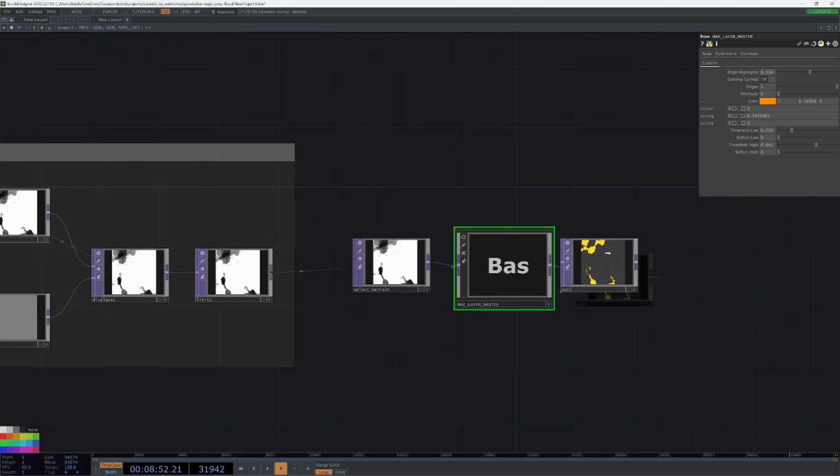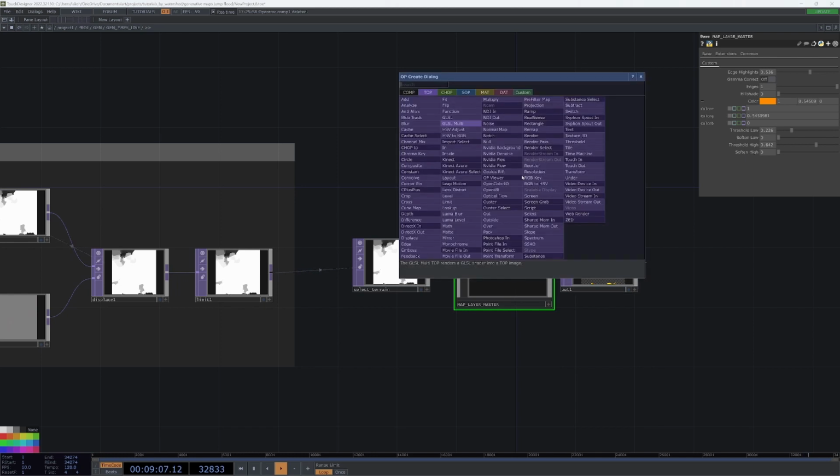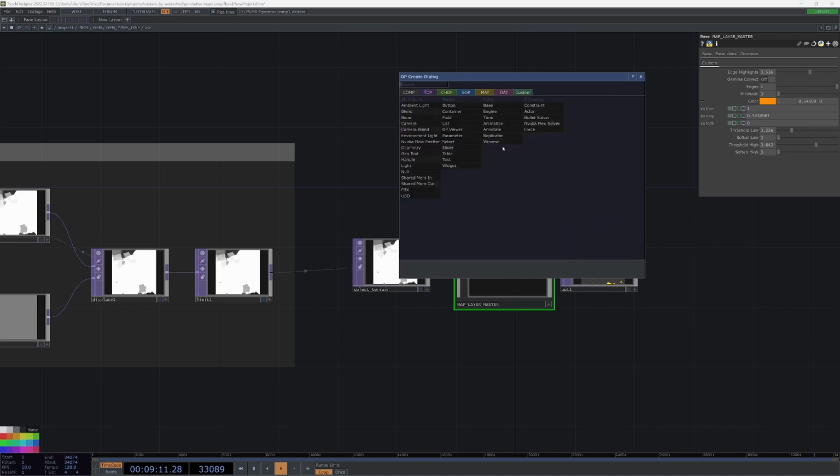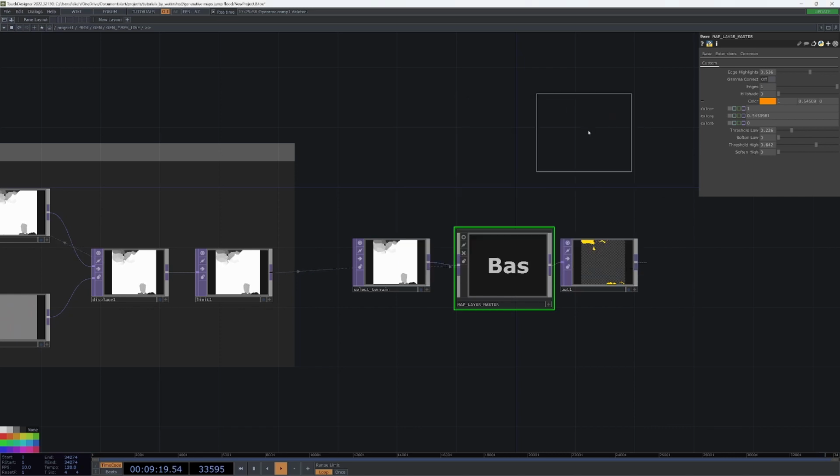Now, how do we use this to create multiple layers in a way that's not going to kill us with a ton of work? Thankfully, we have Replicator COMP. I keep messing that up. So if you go to the component dialog, Replicator, and just drop that down,